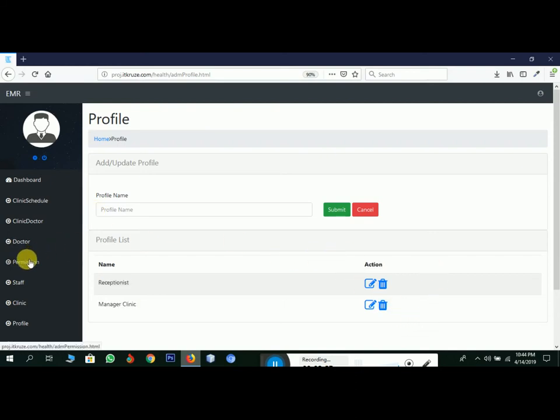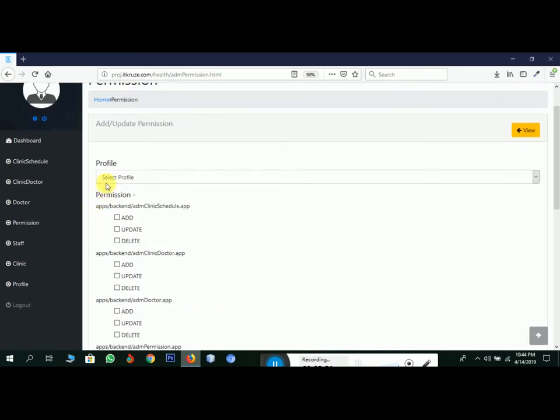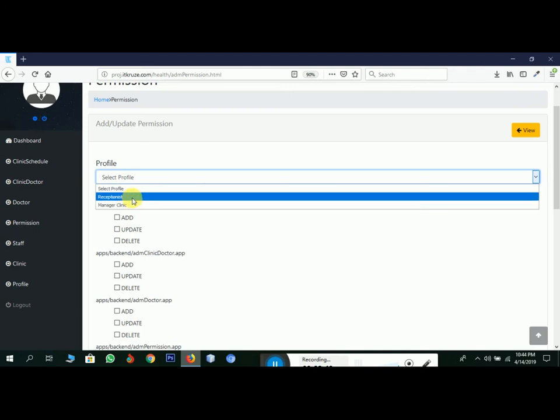Another option is permission. By using the permission we can provide different types of permission to the profile. We have already discussed the permission concept in the admin panel.